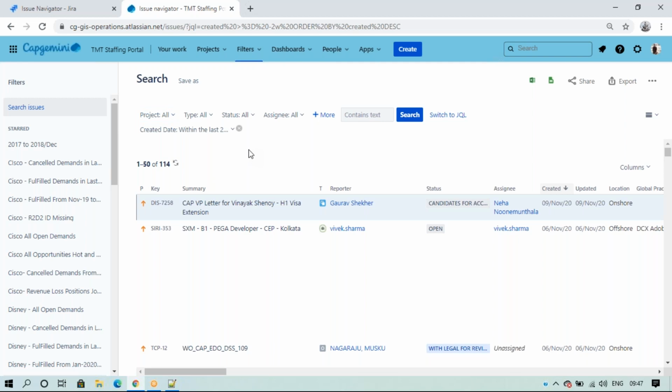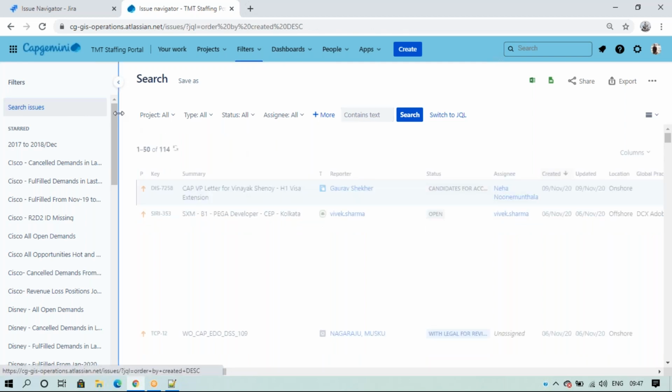And suppose, for example, I have written one filter, so this is very important now.